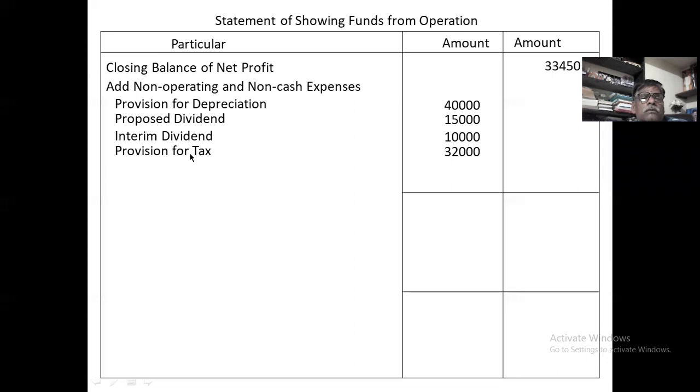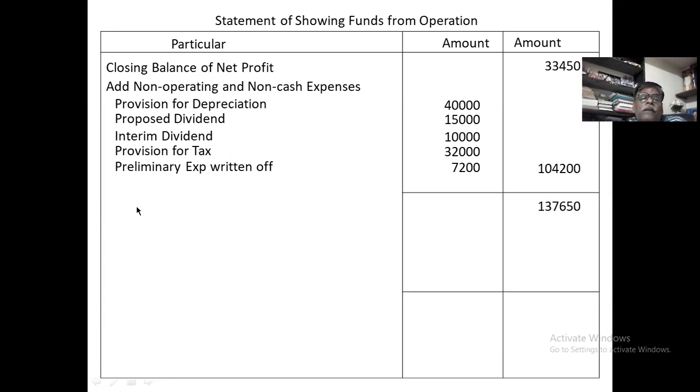Okay. Provision for tax. Thereafter, you take the preliminary expense written off. Preliminary expense written off is 7,200. So you take the total of this. Total of this is 1,04,200. You add 1,04,200 to the above profit. Your total is